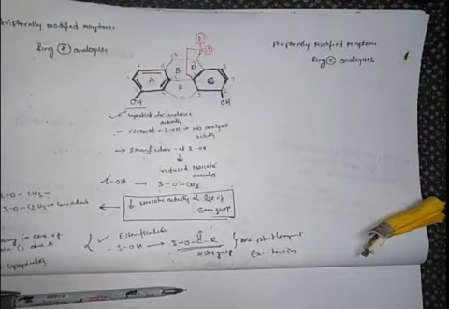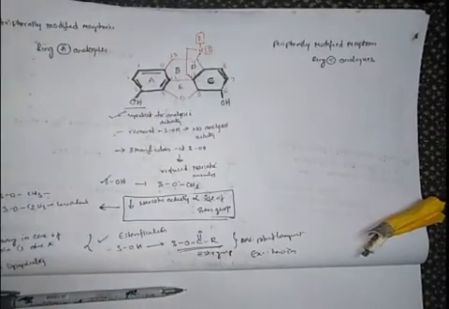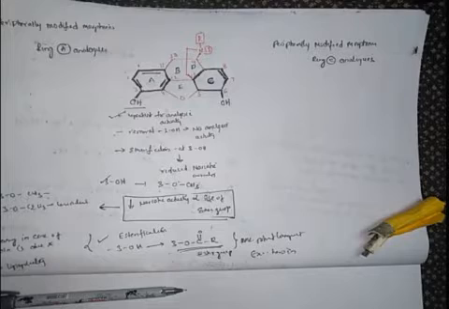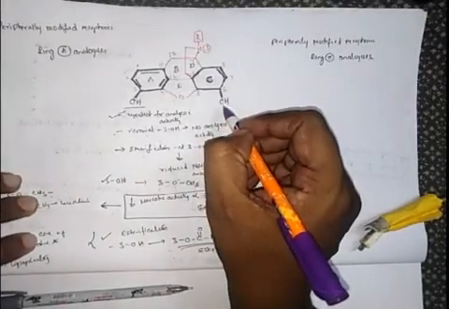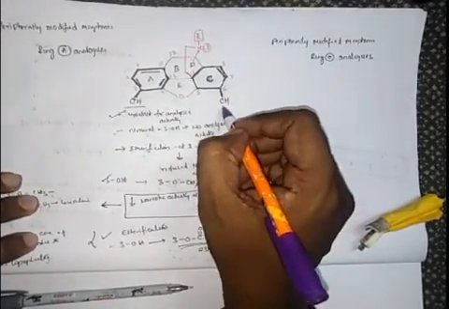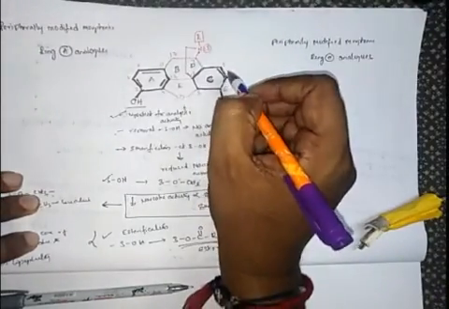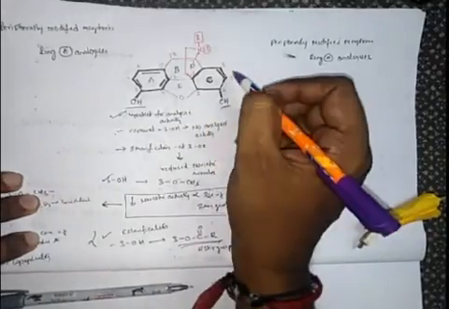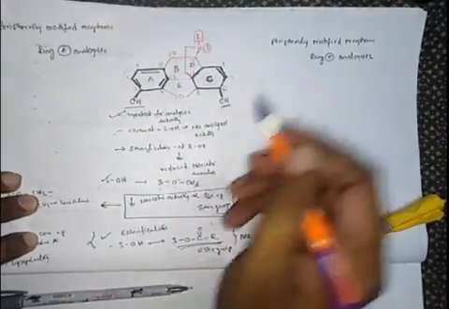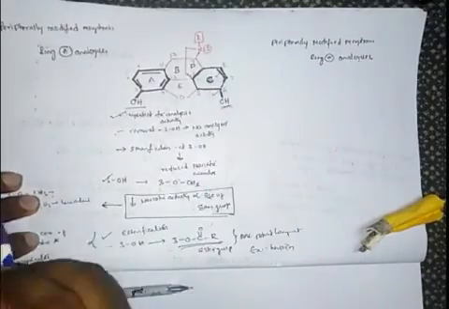Ring A analog modification is nothing but the possible modification at the third position. Coming to the ring C analogs, there are two sites of possible modification. This is the sixth position OH group; we can make modifications at the 3-OH group and the 6-OH group, and we can also make modifications on the 7,8 double bond. This is one site of modification, and this is the second site of modification.